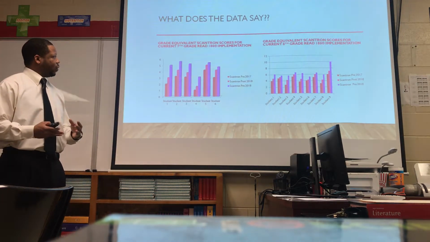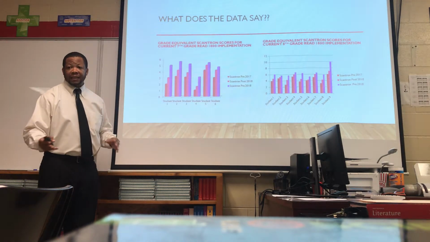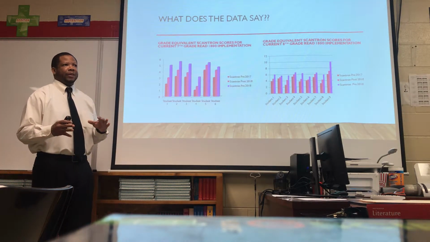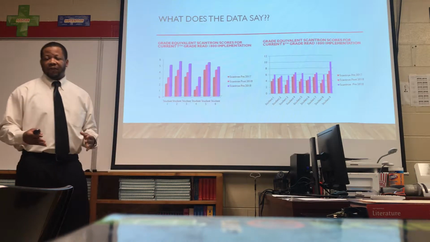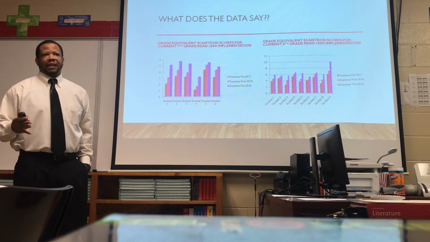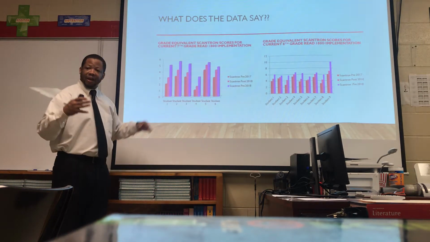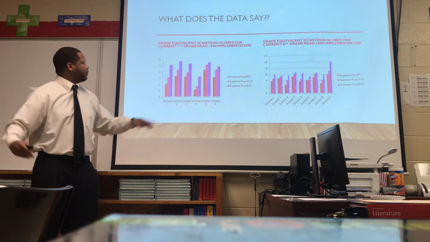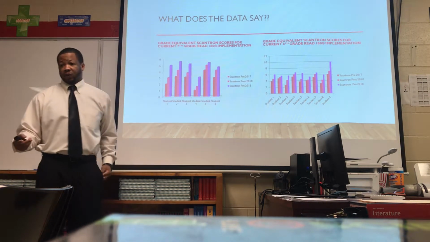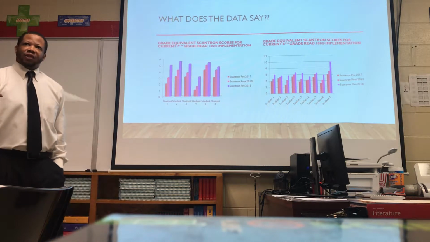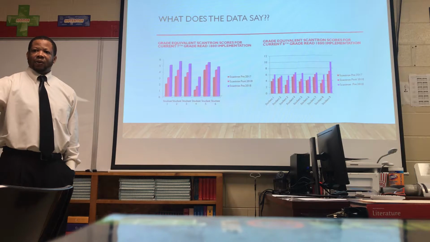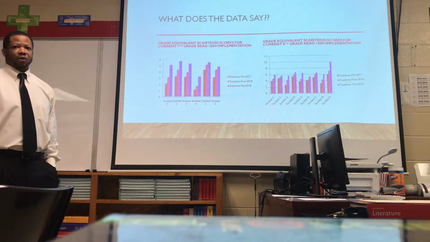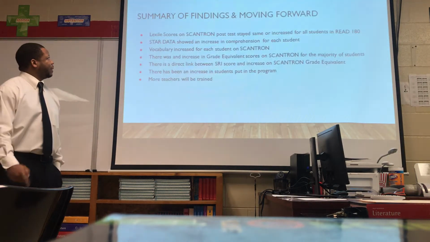So it does show it's working, and what I've realized is that the lower they score on the SRI test, which is Scholastic Reading Inventory, the less they went up. But if they scored higher, say 600 or above, they actually show more of a growth increase. So if students are within 2 to 3 grade reading levels, they increase even further than they do if they're several grade levels behind.